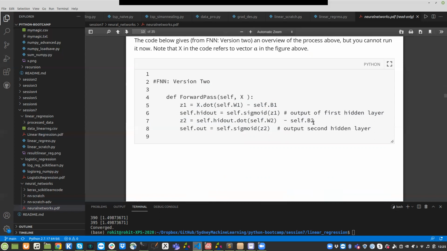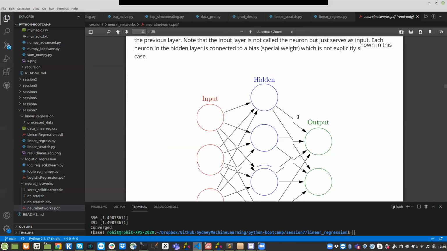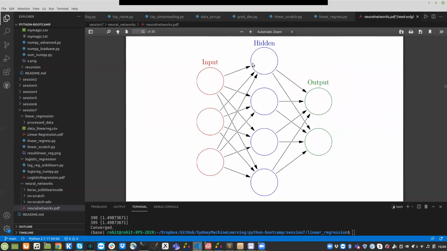Then we have the next one, Z2, which is the output layer, and you do a dot product. You can read up about the dot product and how it's implemented in Python. What the dot product basically does is calculate this: input multiplied by the weight. Let's say this is weight 1, weight 2, and weight 3. So input 1 multiplied by weight 1 plus input 2 multiplied by weight 2 plus input 3 multiplied by weight 3. That comes as Z1, and